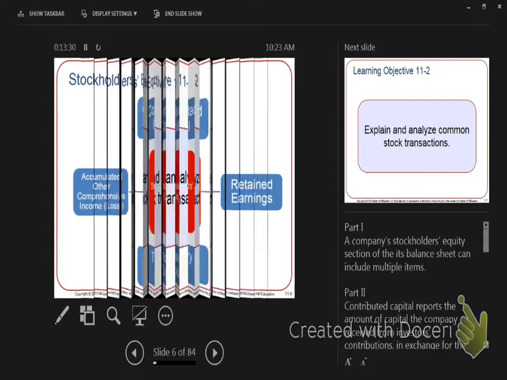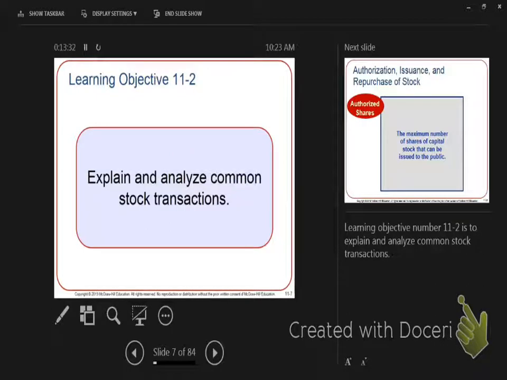All right, so let's take a look at a company buying back their own stock and stock transactions. When a company decides they want to sell stock on the stock exchange, they have to go to the SEC, the Securities and Exchange Commission, and ask to sell stock. You can't just decide to sell stock publicly without that. You can be a privately held company and sell stock, but then you're not on the NASDAQ, you're not on the Dow Jones, you're not public. So you go to the SEC and ask to sell X amount of shares. If I ask to sell 1 million shares, that is how many shares I am authorized to sell.